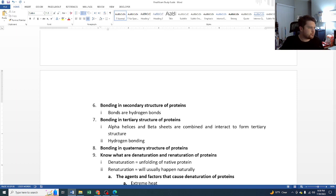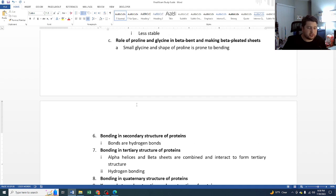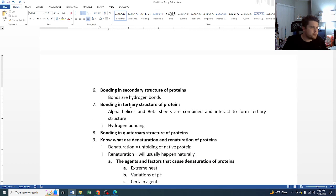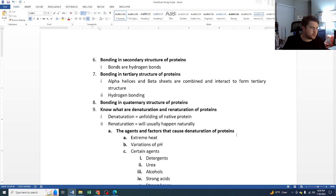Okay. Again, bonding and tertiary structure of proteins. Jumping back real quick. Primary structure, it's peptide bonds. Secondary, it's mostly hydrogen bonds. Tertiary, again, it's mostly hydrogen bonds. Quaternary can be a combination of stuff. It is, again, hydrogen bonds, but it's also